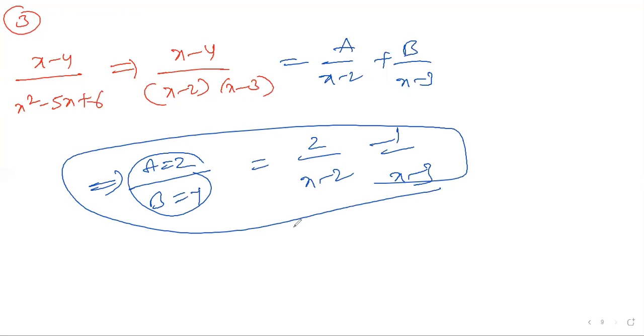After this you can go for the x power n coefficient, right? Here you require the x power n coefficient, so you should concentrate on that. I'll write the question: expansion of x minus 4 by x minus 2 into x minus 3, which gives 2 by x minus 2 minus 1 by x minus 3. The concept is simple. Here we require 1, not minus 2; it should be 1 minus x.